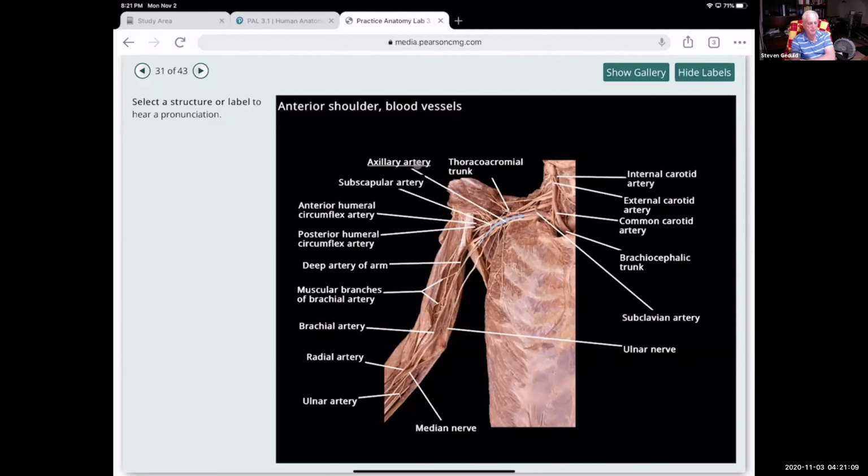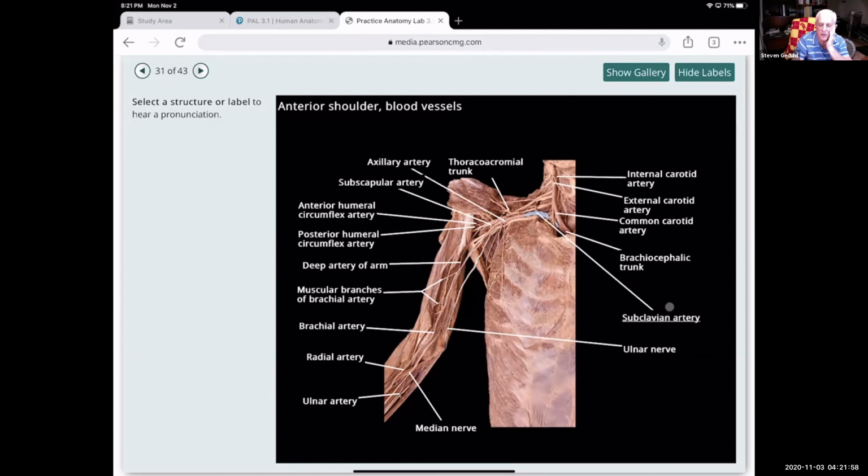The axillary artery, the subscapular artery, the anterior humeral circumflex artery, the posterior humeral circumflex artery, the deep artery of the arm, muscular branches of the brachial artery, as it branches off, the brachial artery, radial artery, going on the thumb side again, and the ulnar artery, going on the inner part, the medial part of the forearm. Then you have your median nerve running right in between, your ulnar nerve,